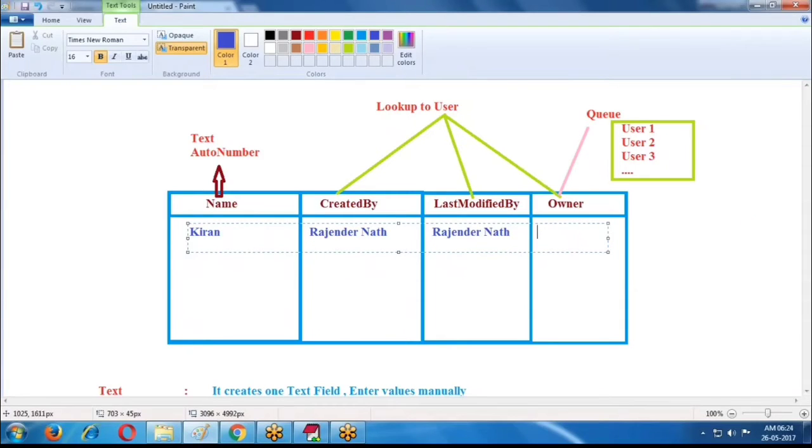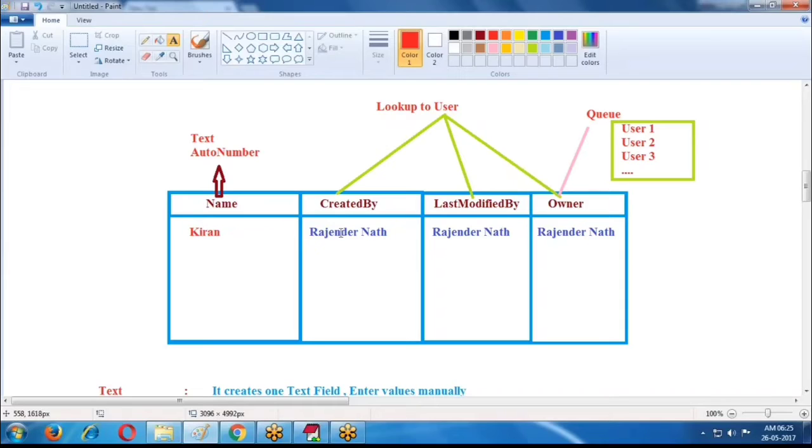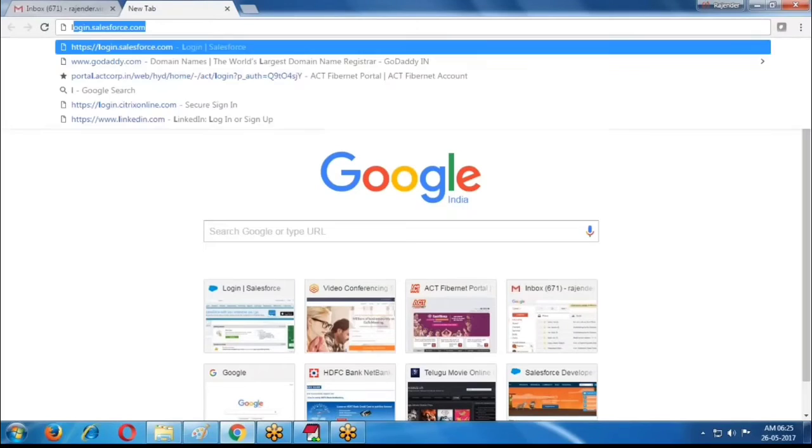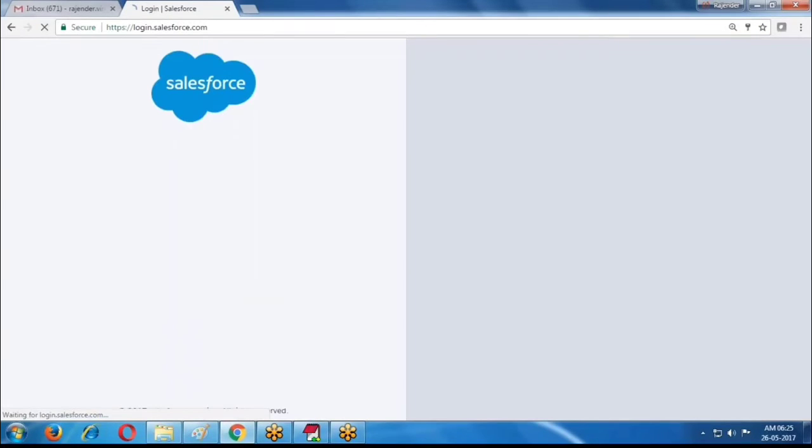Here the owner is also Rajendra Nath. Whenever I create one record, for this record, created by, last modified by, and owner are everything Rajendra Nath only.